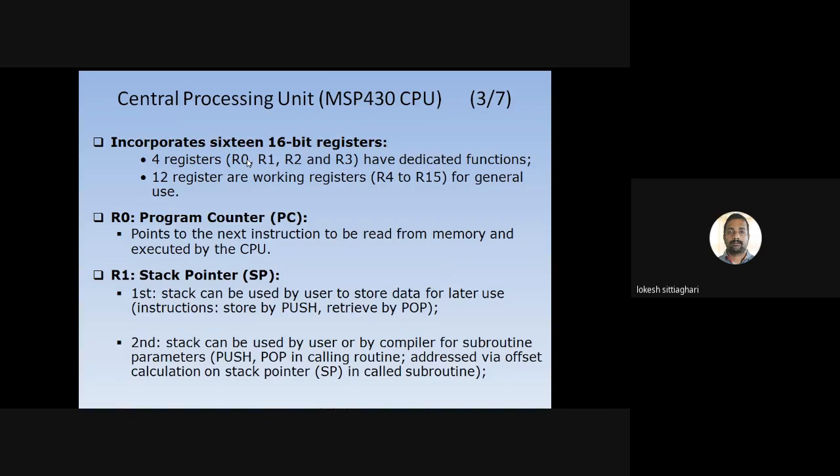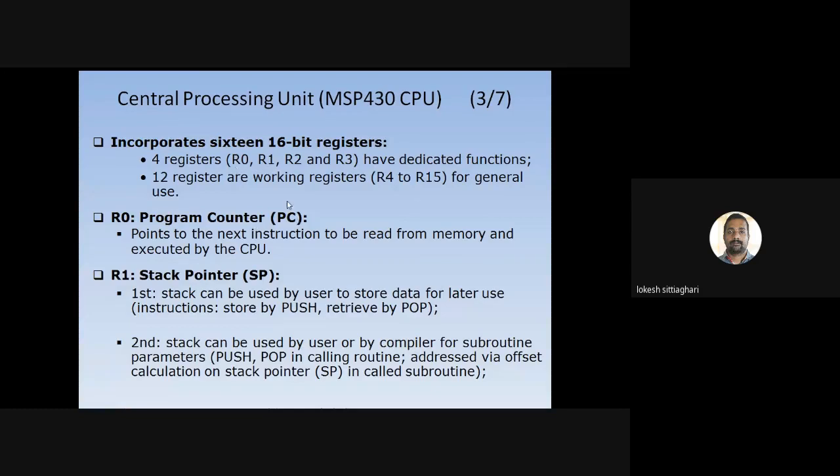R0 is register 0, located at 000H of the memory location, and like that we have R0, R1, R2, R3. These 4 registers have dedicated functions, and the remaining 12 registers are general purpose registers.